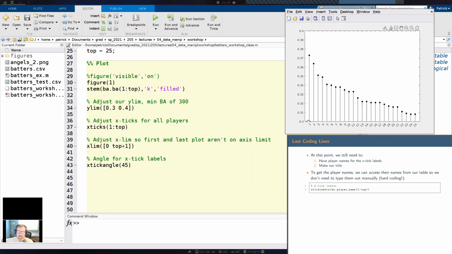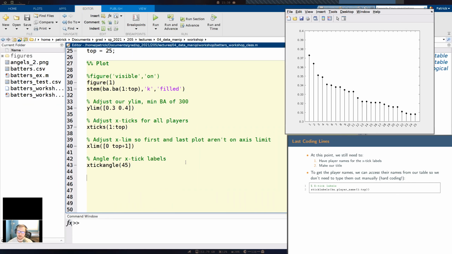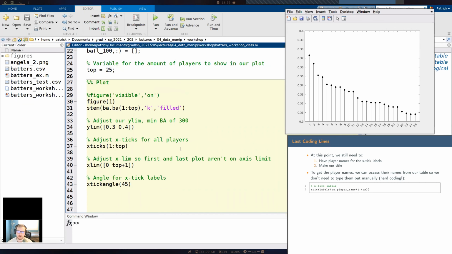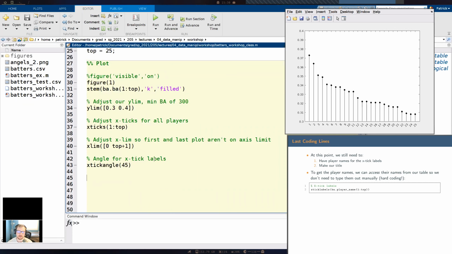And day by day, the amount of COVID cases might shift. So if one day one county has the highest amount of cases, and the next day a different county has a higher amount of cases, they would flip spots, right? If you were hard coding, typing in the county name yourself, you would have to keep up to date with this, and modify whether they are the first county or the second county, and so on. That'd be a huge pain. So if we can automate this in Matlab to handle that itself, then we don't have to stay up to date with our hard coding, which takes up a lot of time.